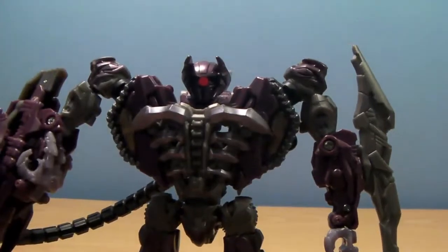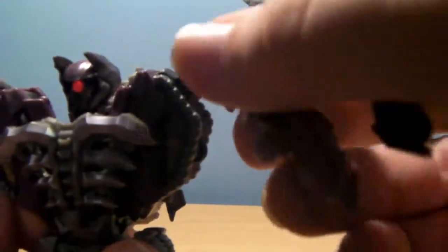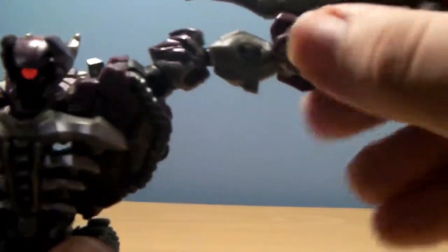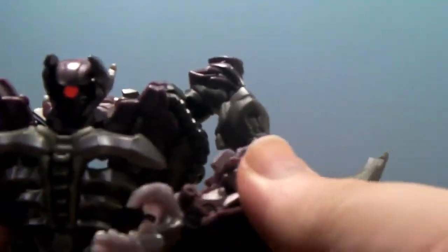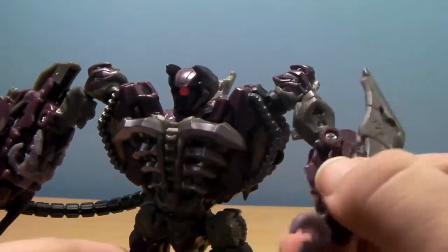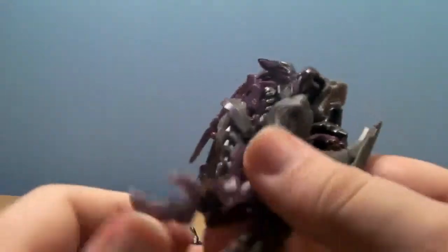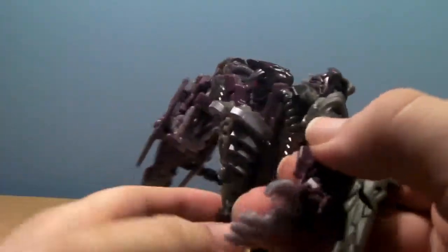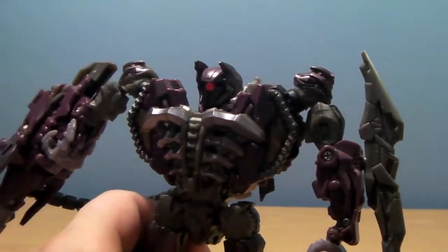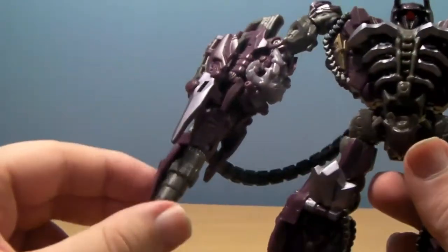Okay, articulation wise, he has swivel for his head, swivel, and that way, plus a rotation, elbow joint. Unfortunately, yeah, you can only really do gorilla arms. There's no joint here, and there's no hand joint either, so you can't turn it. You can have hands by the side but his arms facing forward. It's the same on the other side of the gun, but the gun hampers the articulation on